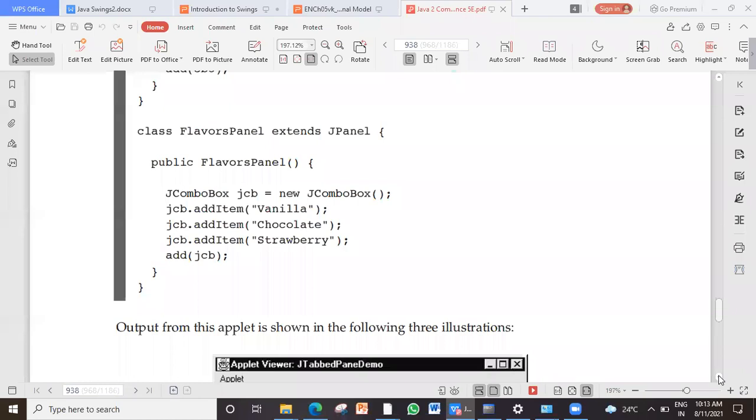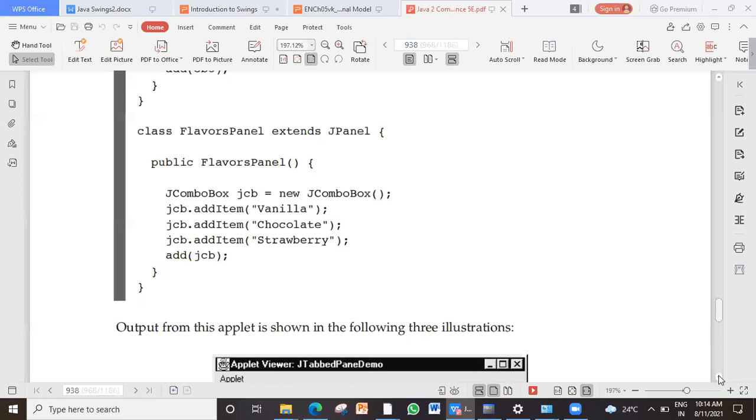Such a component is called a combo box. In AWT also you have that component called as combo. You have JComboBox. Understood the difference between combo box and list box? List box will not allow you to type the new value. Combo box will allow you to type the new value or select from the list.